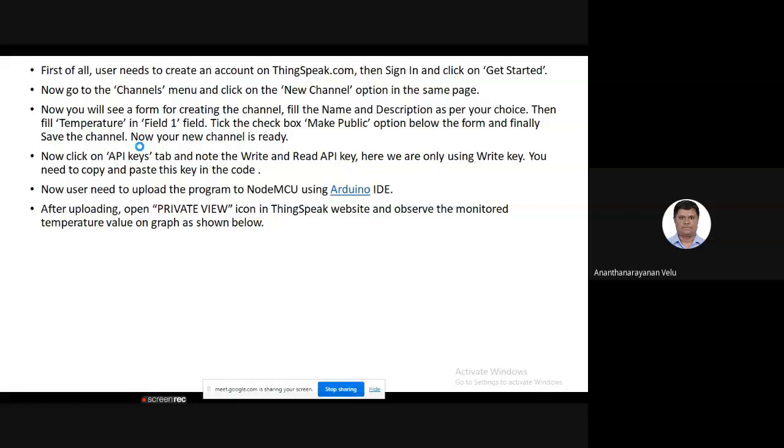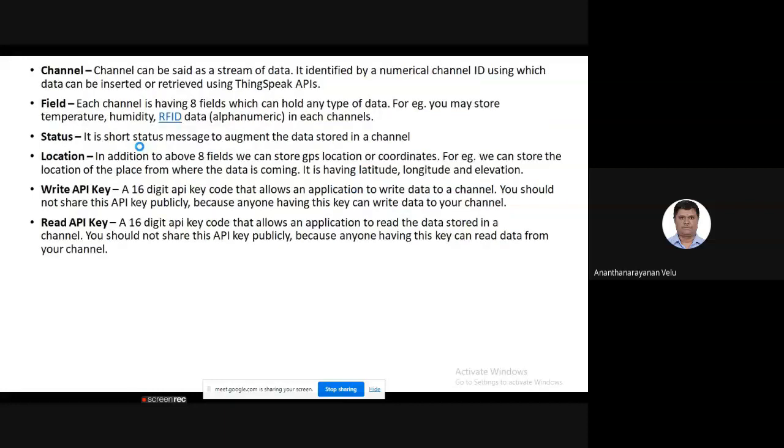The next thing is, after creating the channel and identifying how many parameters you are going to upload, for example, if you need to upload 3 parameters, you need 3 fields under one channel. You can also say which location your hardware is in.